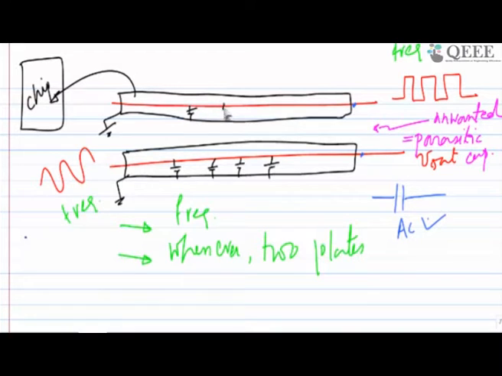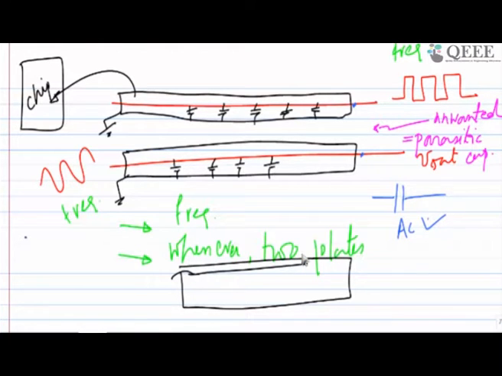But this solution is not available to us because we are limited. Let's say we don't have coaxial cables available, or you are only working on something you are making on a breadboard, and on the breadboard there is one line, let's say this is horizontal and these are vertical. This vertical has the clock and this has your sine wave. So definitely they will talk to each other if you keep them near each other, or you are not making a clean circuit. So this is the thing you have to make sure. And the solution which I was showing, maybe you have seen the same thing in BNC cables.